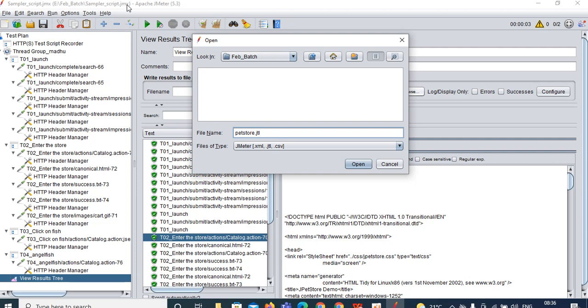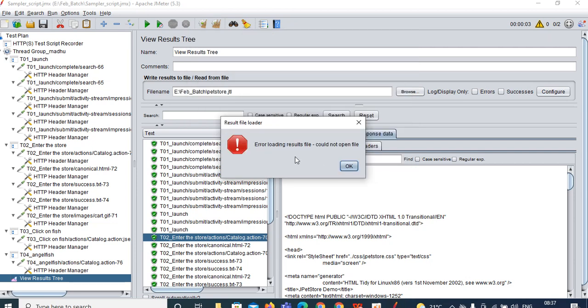How are you saving your results? I am saving my results or logs with .jtl as the extension. What is the full form of .jtl? JMeter text log.